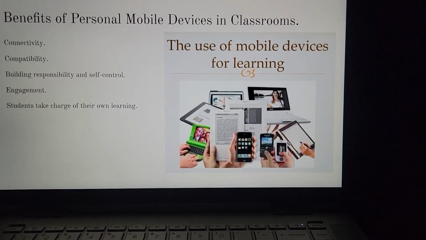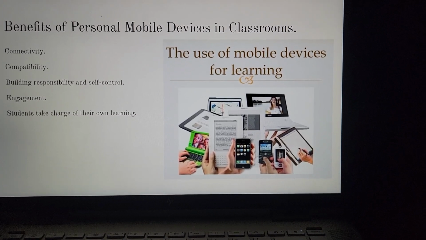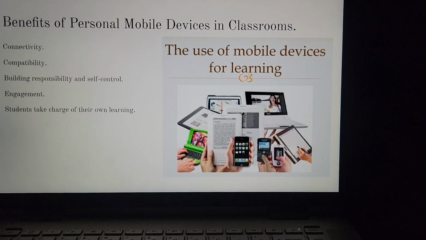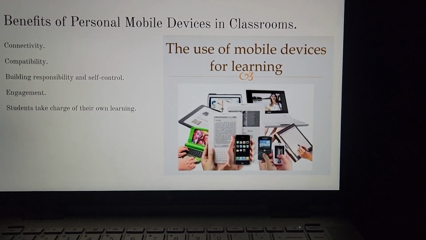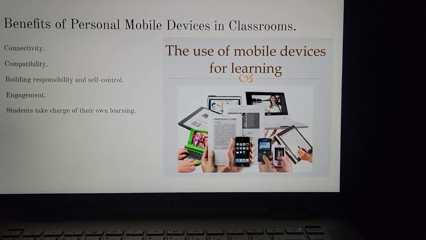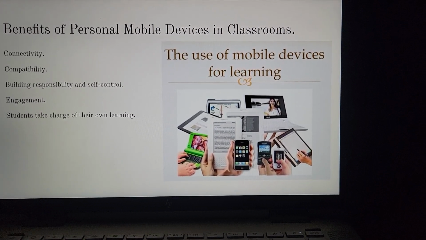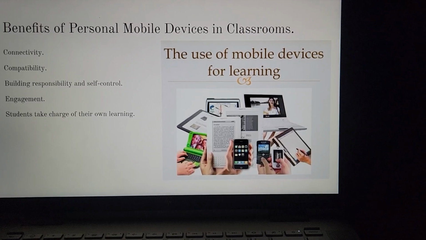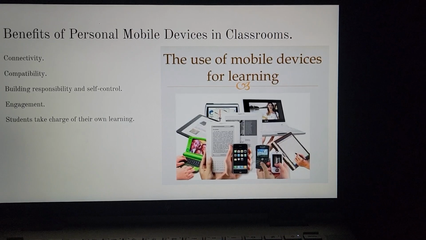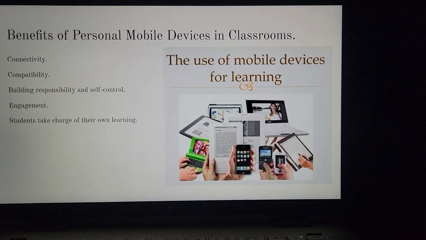And next, with the cell phone, students use it as an online tool. It's very portable, so students can carry their device everywhere. And with some students, if we cannot restrict them, then we might as well teach them responsibility for when and where they can use a cell phone. So students will be trained to be responsible, and they can have self-control. When should they put their phone away? When should they pay attention? If they do not put their phone away, then what are the consequences?